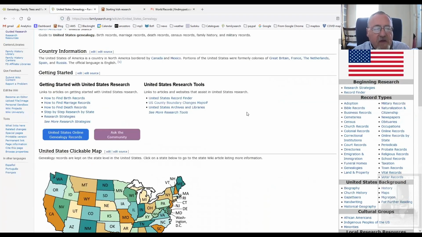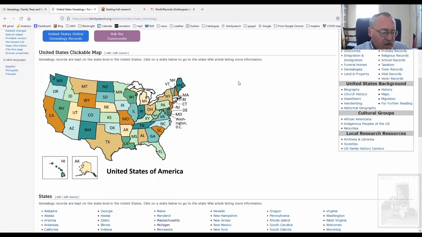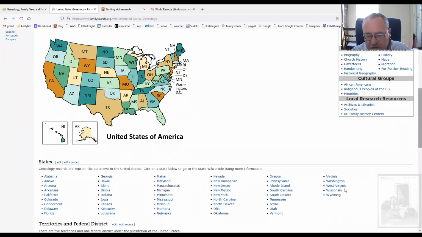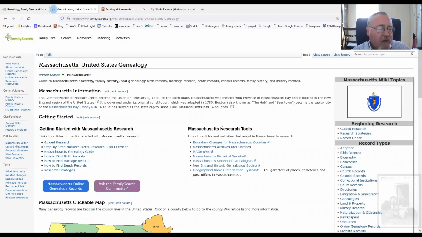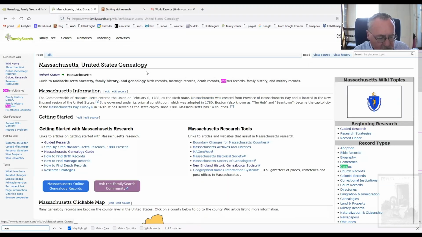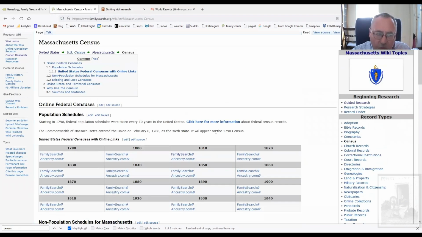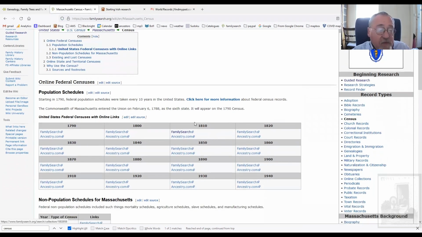And you have the United States genealogy, birth records, marriage records, death records, census, step by step. Let's pick, say, Massachusetts here, state by state. Massachusetts census records. And there we are, record type, census. This is a very good way of getting an overview of what there is, what's online, and how to get at it. And as you can see from the federal censuses here, pretty much all of them are online,